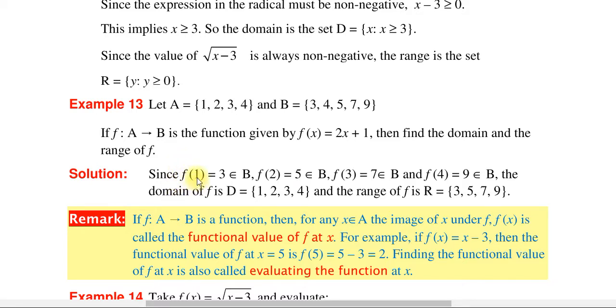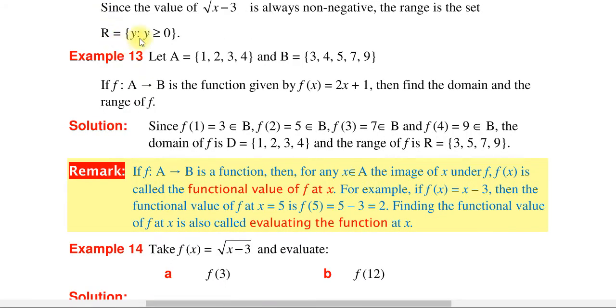ስለዚህ f of 1 is equal to 3 ነው። 3 ደግሞ an element of B ነች። f of 2 is equal to 5, an element of B ነው። f of 3 7 ይሰጠናል። 7 አሁንም የB ኤሌመንት ነው። f of 4 is equal to 9 also. So the domain of f is D equals the set containing 1, 2, 3 and 4 ይሆናል ማለት ነው። And the range of f is R equal to the set containing 3, 5, 7 and 9 ይሆናል ማለት ነው።